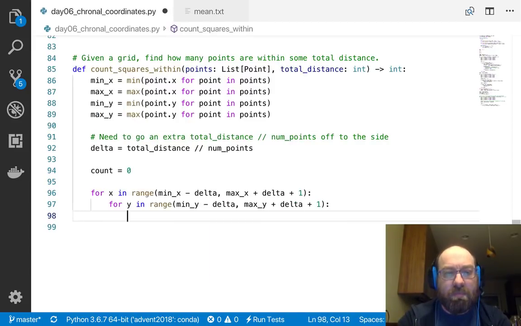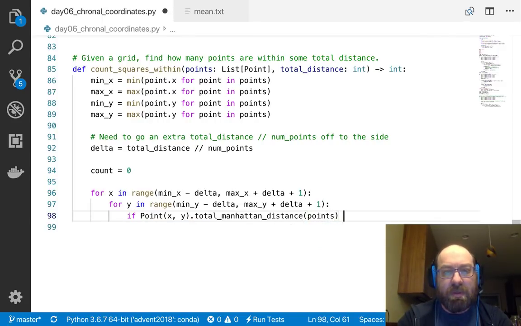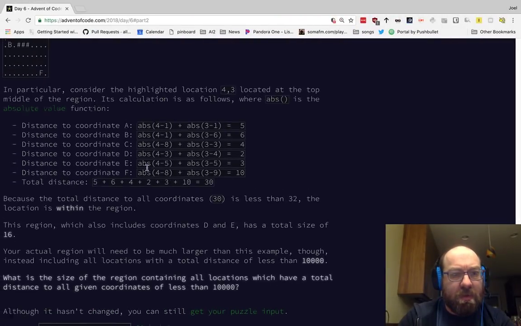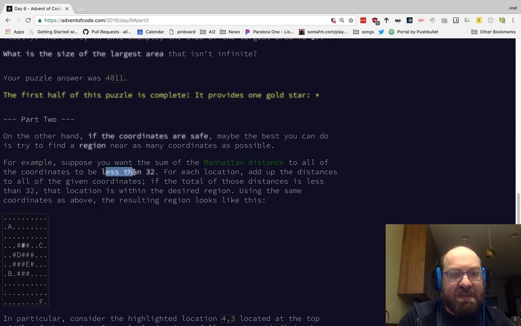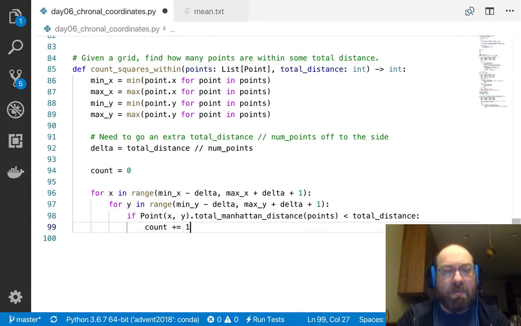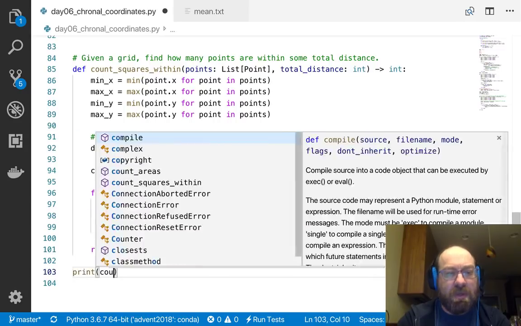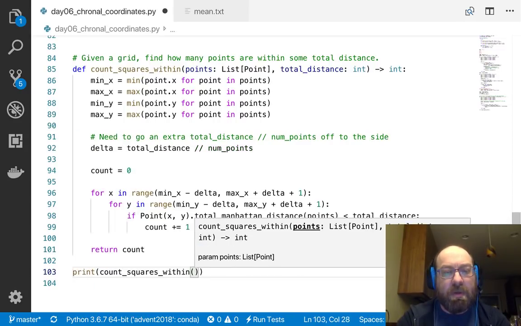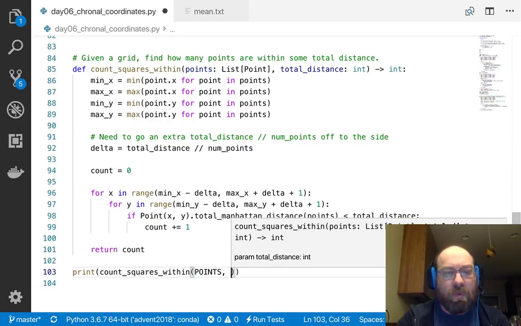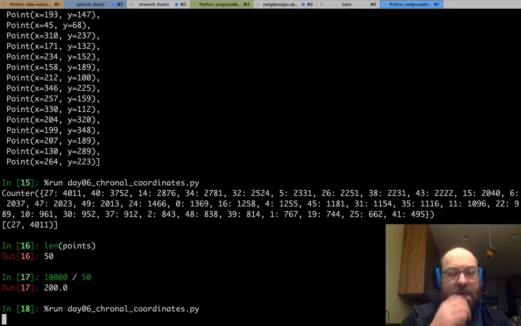if point xy dot total Manhattan distance points is this less than or equal? Is it less than or less than or equal to? Less than. So is less than total distance. Count plus equals 1. Return count. And now let's print count squares within points and 32. So let's go here and run this thing, and